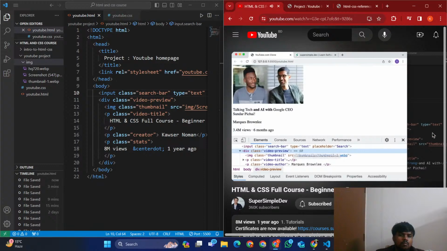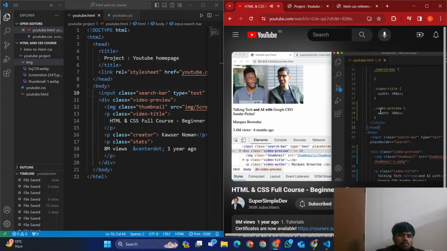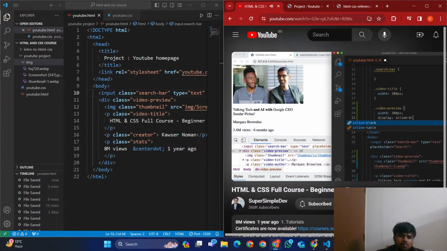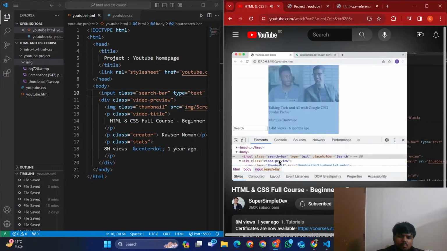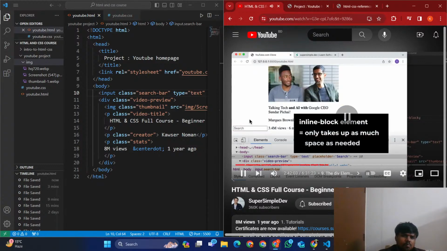So let's go into our code. We're going to go into the video preview and we're going to type display inline block. Let's save it. And now you can see that our div is a display inline block. It's actually appearing beside our search bar because this is also an inline block. So